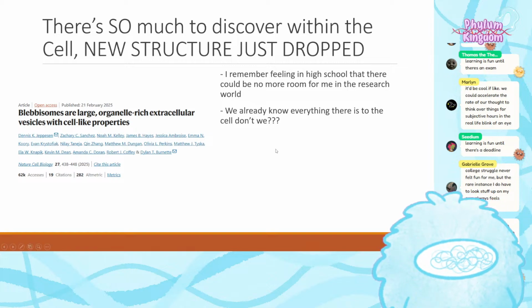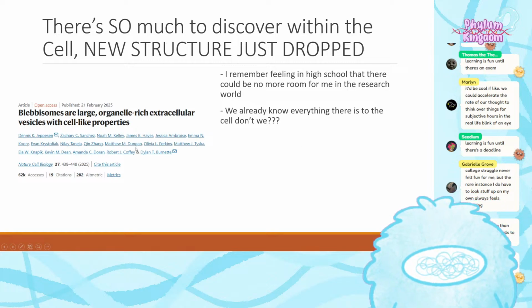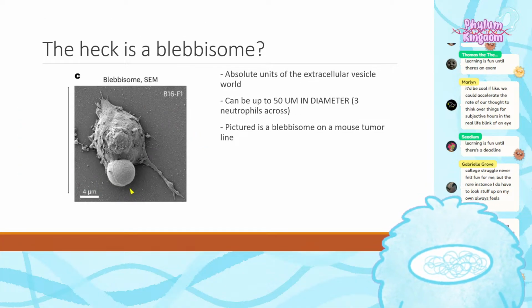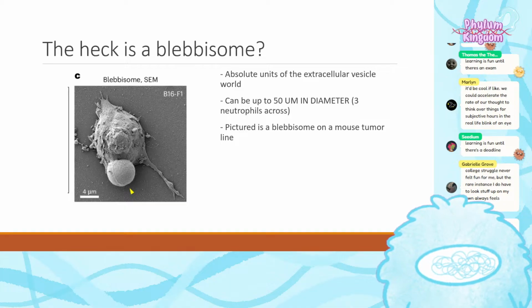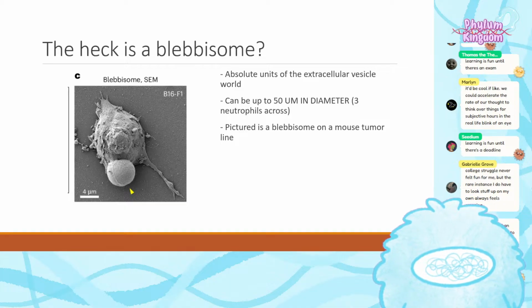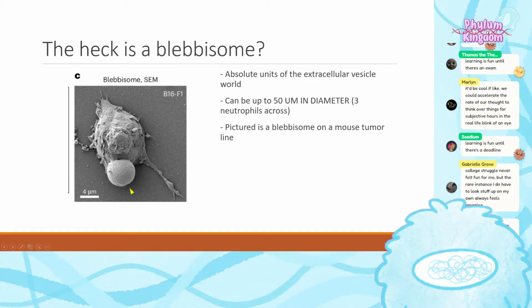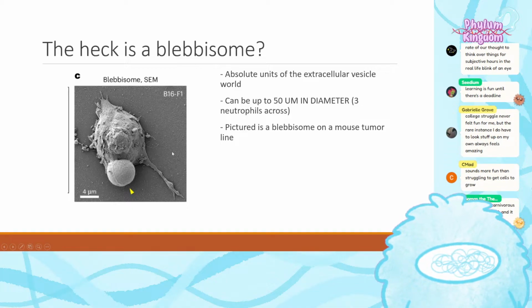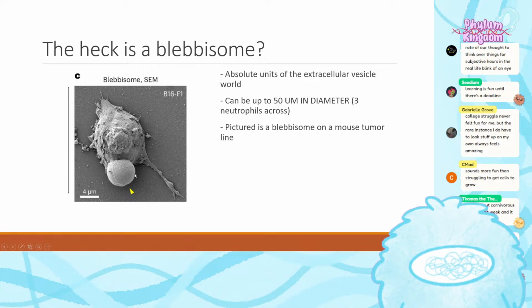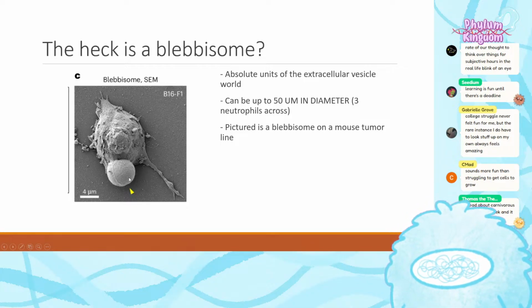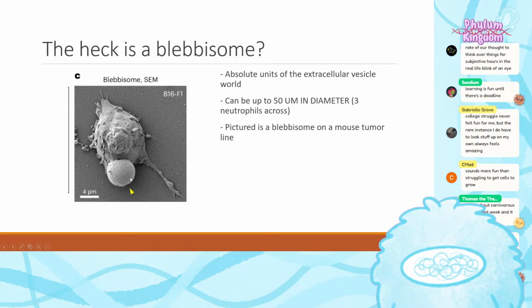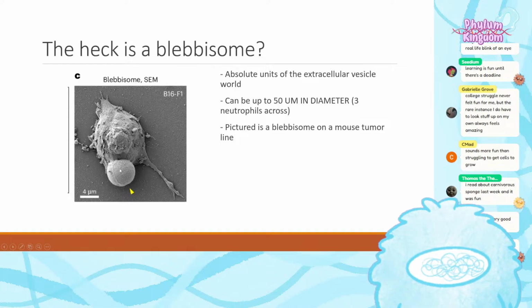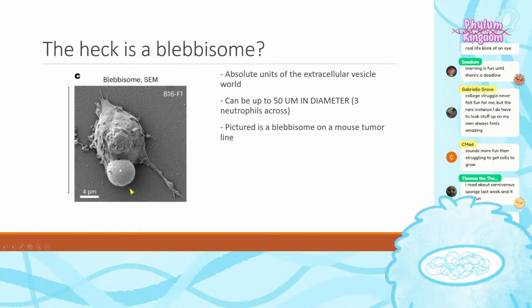All right. So, new organelle-ish thing just dropped, the blebosome. So what the heck is the blebosome, right? What's this new cell biology about? These are absolute units of extracellular vesicles, right? Here you have a cancer cell, a mouse tumor cell line, and here we have a blebosome. This is a vesicle, and now that we have Cell Bio 101 under our belts, you know that this is something that is secreted from the cell, and it's enormous. It's huge, right? Compared to the entire cell, this is an enormous chunk. This is absolutely crazy.